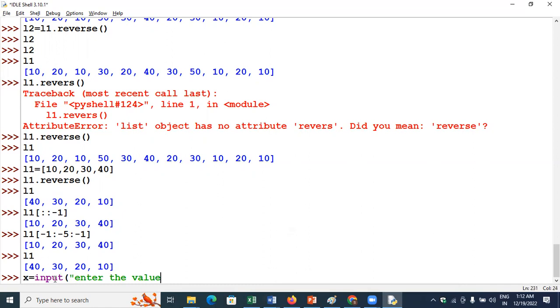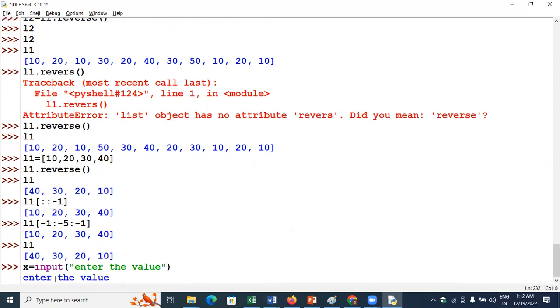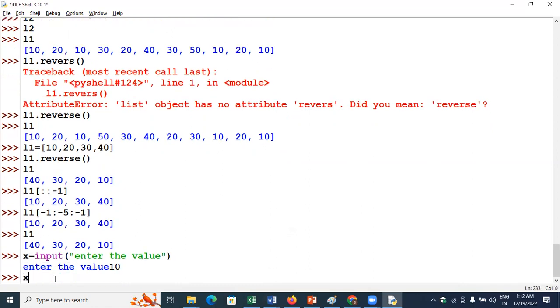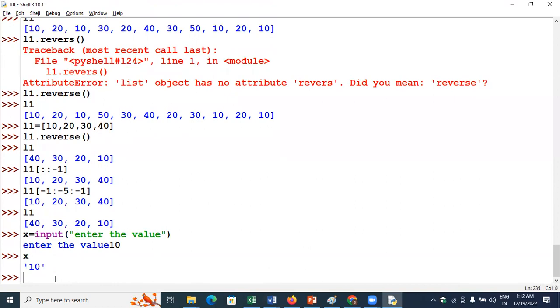If I enter the value 10 and then give x, automatically x is printed. Suppose we want to give more values, I'm taking x comma y comma z. See, this is a small difference. x comma y comma z equals eval of